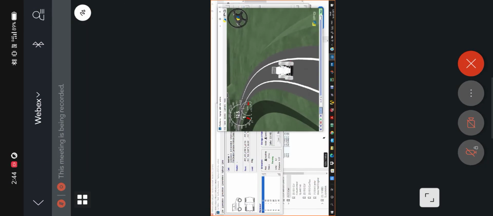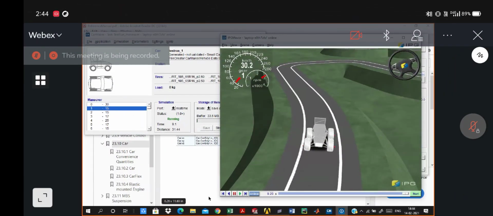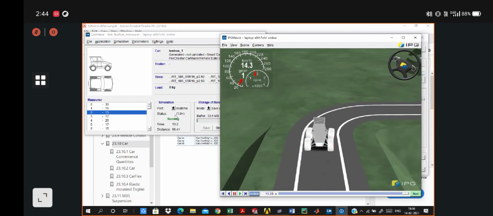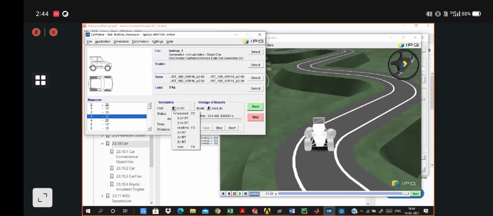We can control the simulation speed directly from here in the performance tab. I'm running at 2x speed right now.